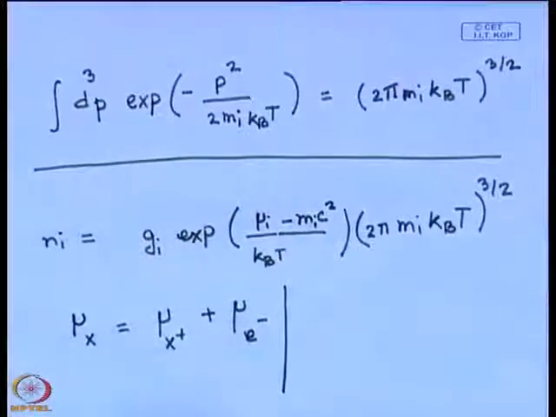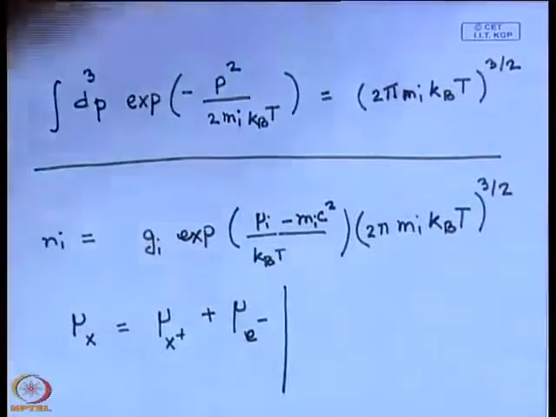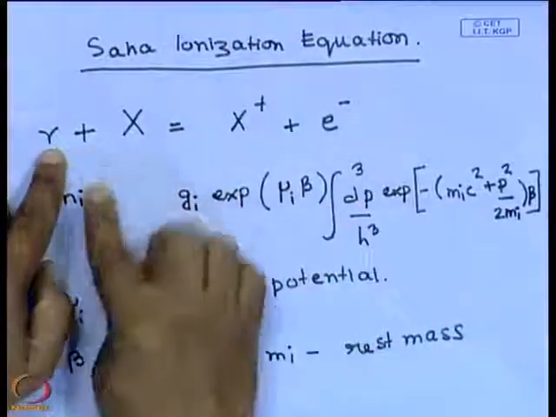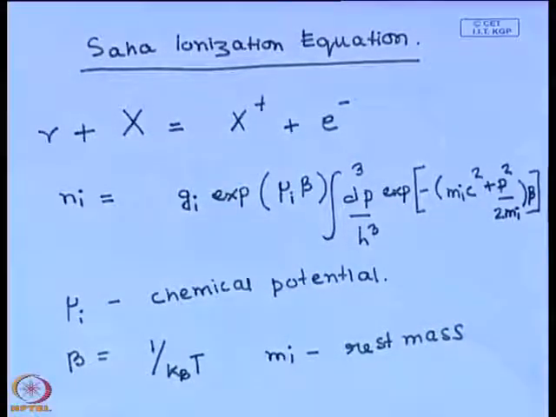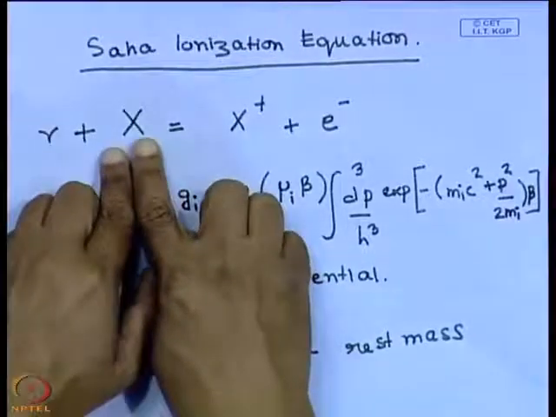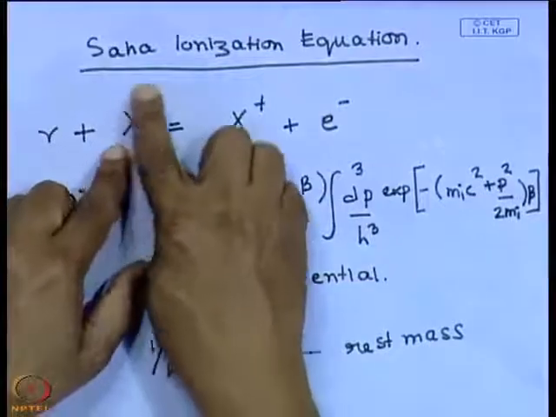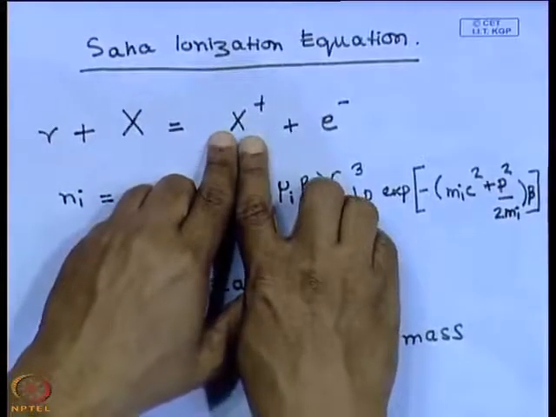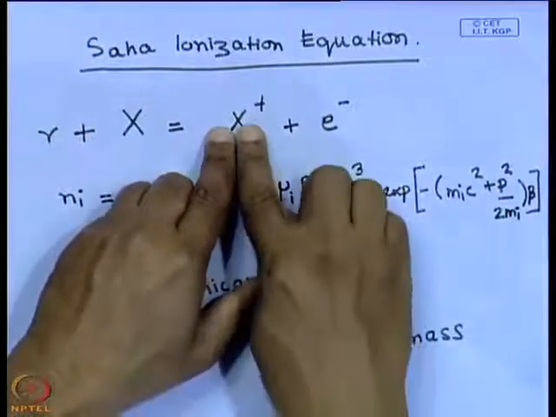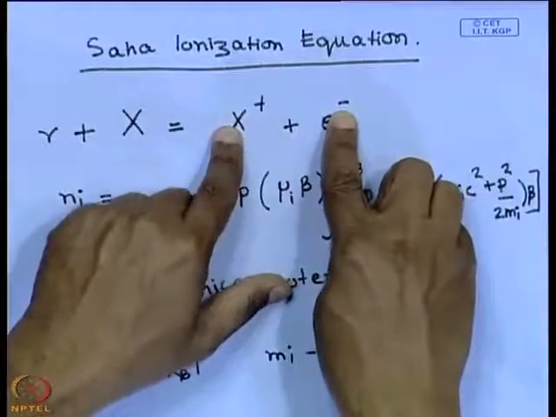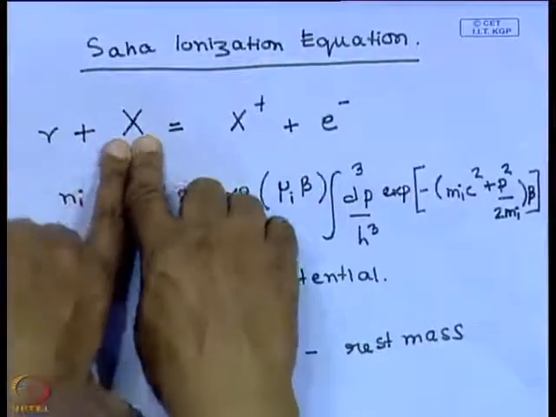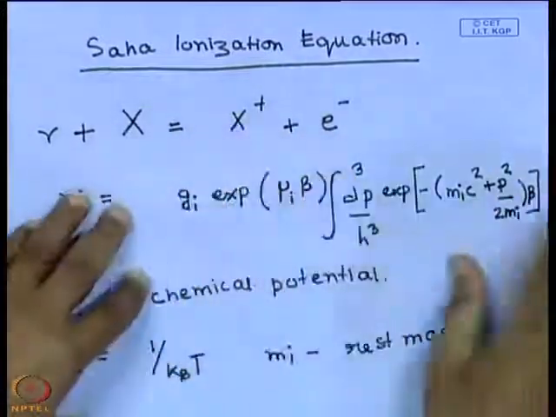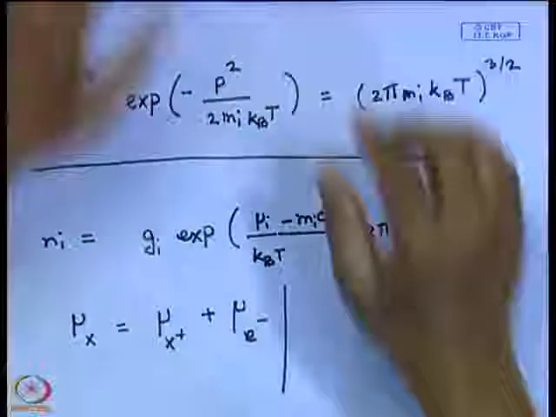Okay. The second input that is required is the fact that the energy is conserved in such a reaction. So, here if I take the rest mass of this atom and take the sum of the rest masses of this ion and the electron, the sum of the rest masses of the ion and the electron is going to be more than the rest mass of the atom, because the atom is obtained by binding these two together. So, there is a loss of energy in that process, and the difference between these is the energy that is required to ionize